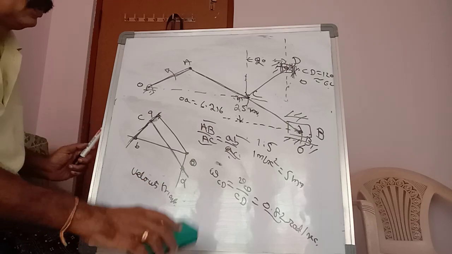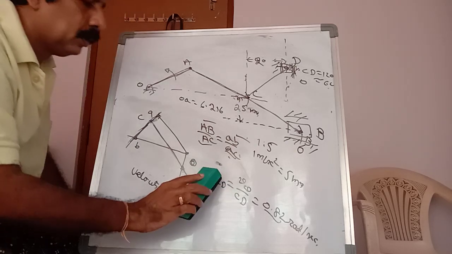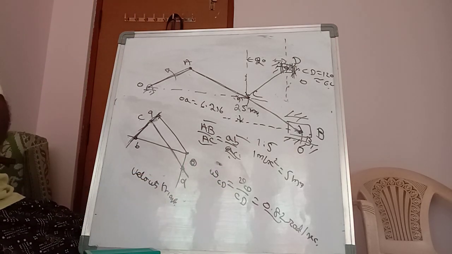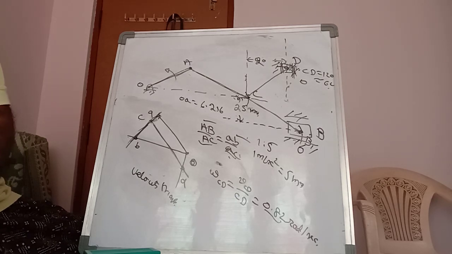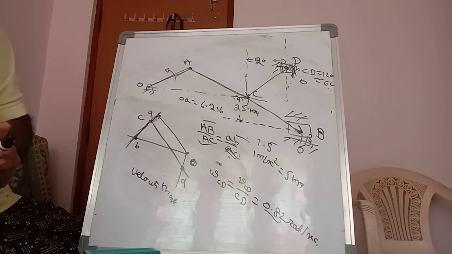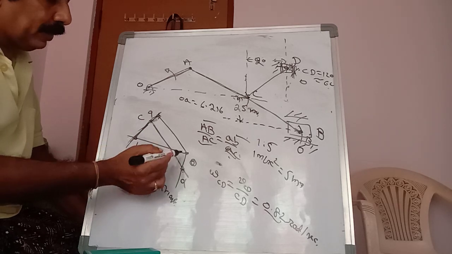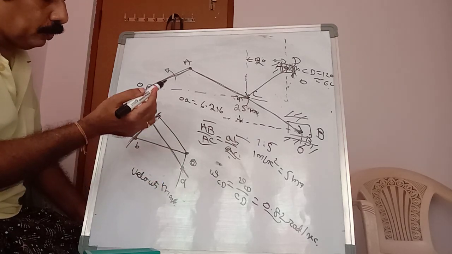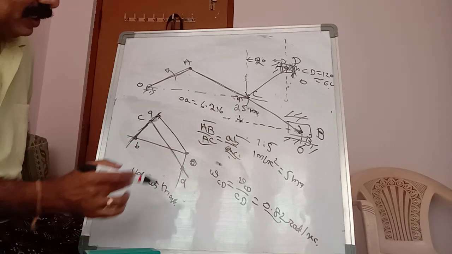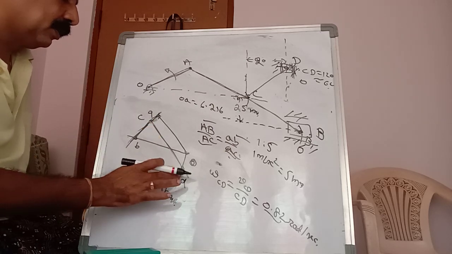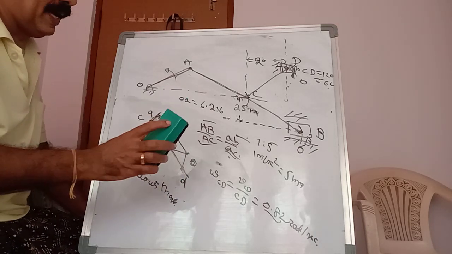Now I have to draw the acceleration diagram. So omega CD is over, that means the angular velocity of the link CD is determined from the velocity triangle. Also you can find out the velocity of B. OB is the velocity of B. If you want the velocity of C, you can measure OC. Like that, the velocity of D is OD. So like that, you can find the required values. Now I will go to the acceleration diagram.